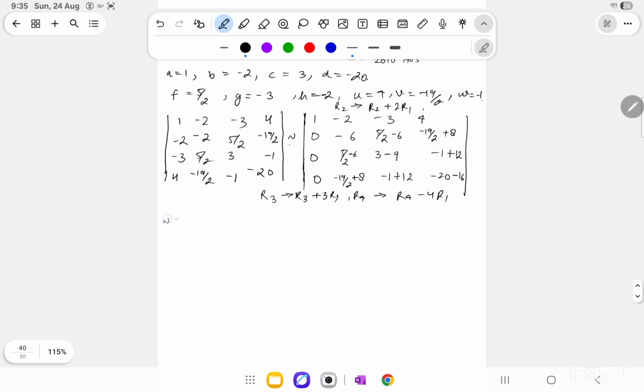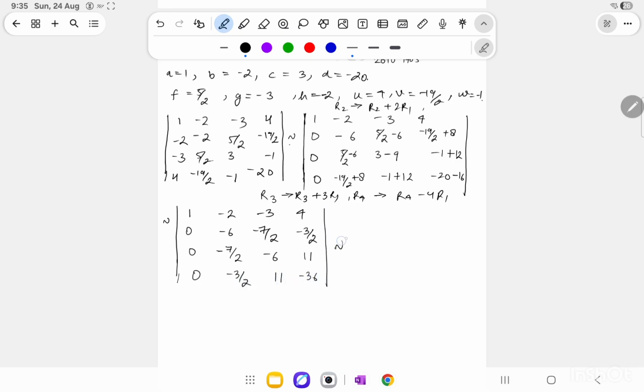So which is basically equals to 1, minus 2, minus 3, 4, 0, minus 6, 6 2s are 12, minus 5, minus 7 by 2, and 8 2s are 16 minus 19, minus 3 by 2, 0 comma minus 7 by 2, minus 6, it is 11, 0 comma 18 minus 3 by 2, 11 minus 36, which is further equals to